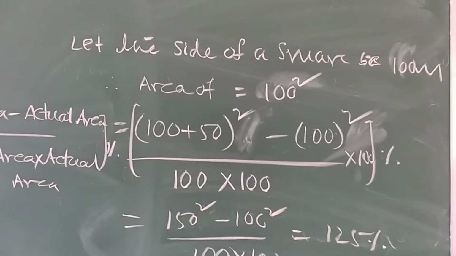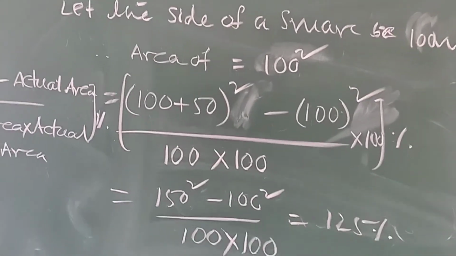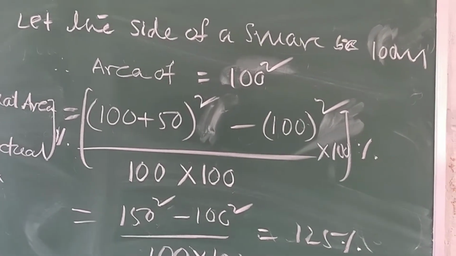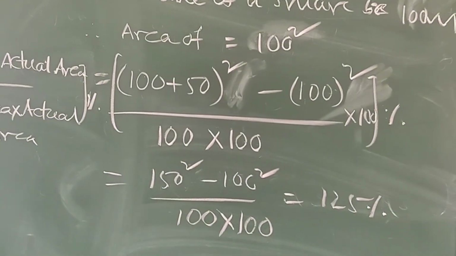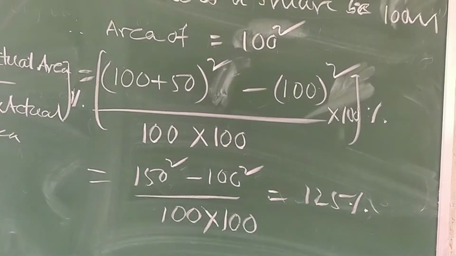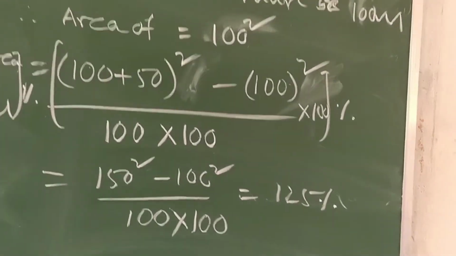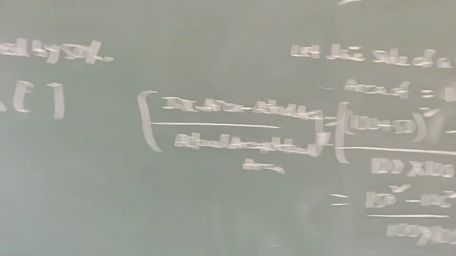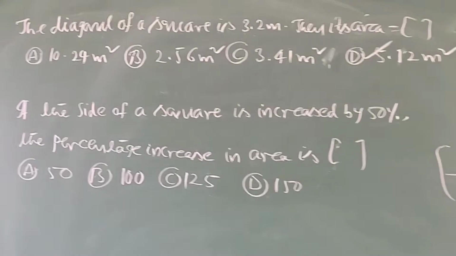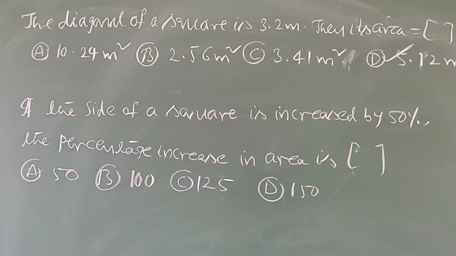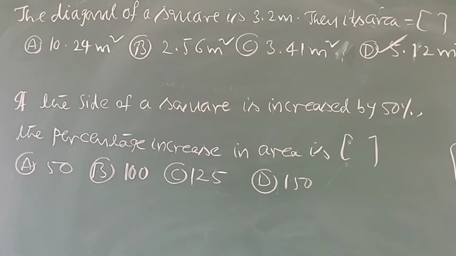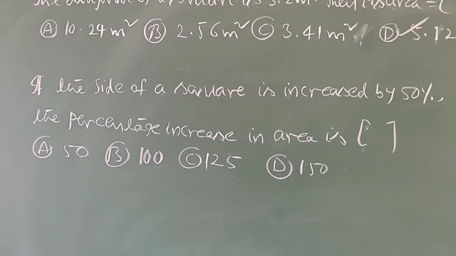Therefore, 100 plus 50 is 150, so (150 square minus 100 square) by 100 square into 100%. Therefore, (150 square minus 100 square) by 100 square into 100, so you will get 125%. Therefore, the percentage increase in area is 125. So what is required to be understood here is that the increase can be calculated on the original